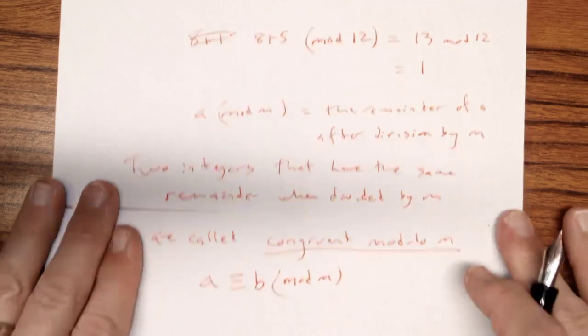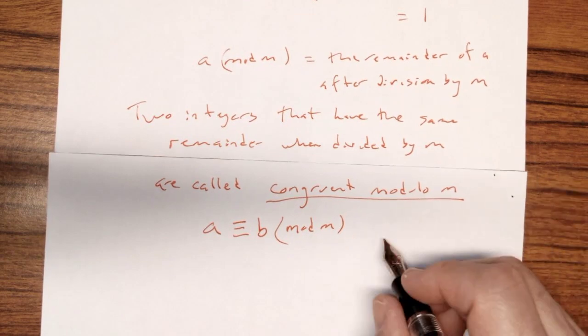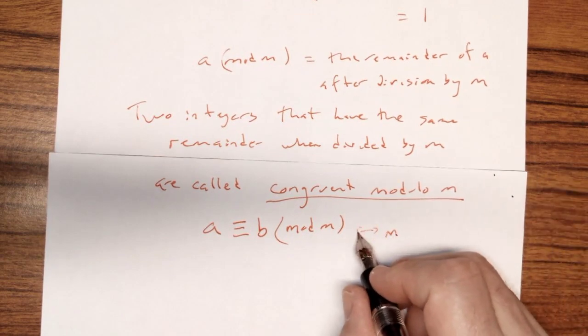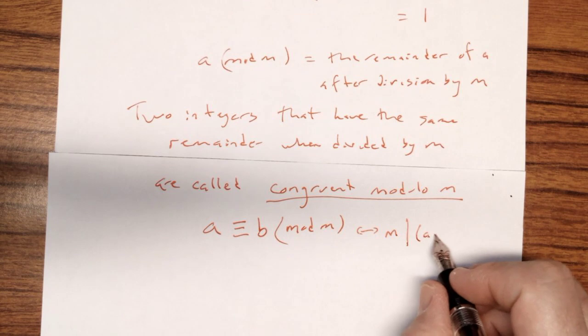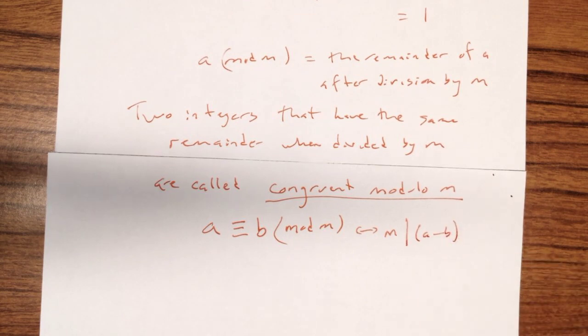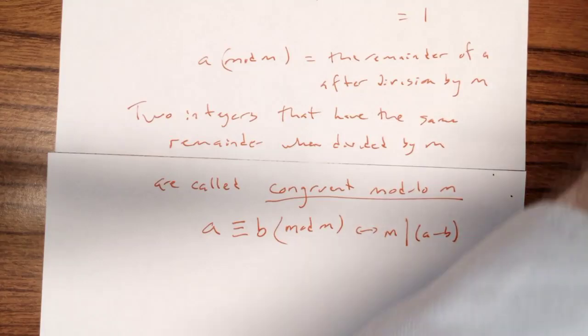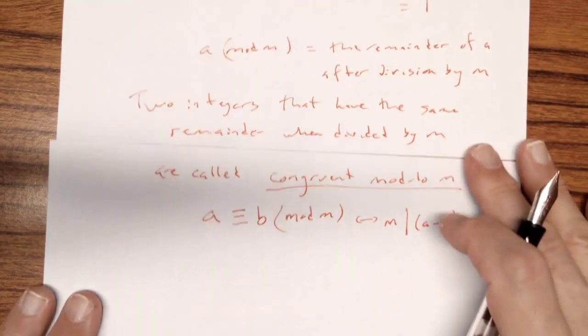But that's the same as saying that M must divide their difference. Wait a minute, difference? I haven't done any subtraction here. Well, now I'm bringing in a new idea. So it turns out that if I think of this idea the way I want to, I can say, wait a minute here,